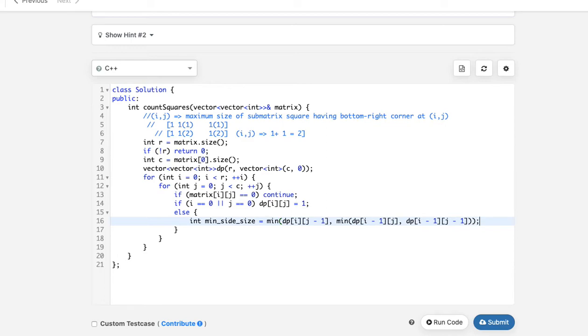So we will find the minimum among these three sides, and we will update our dp to that value. Dp of ij will be equal to 1 plus minimum side size,